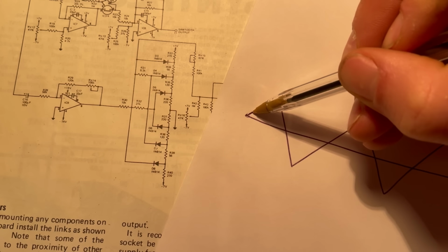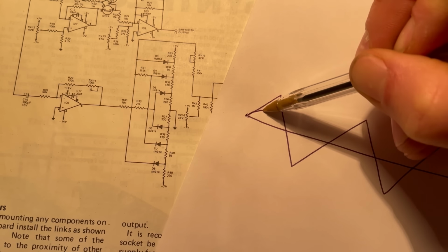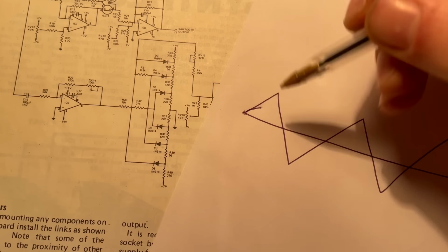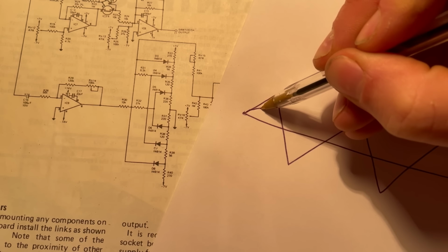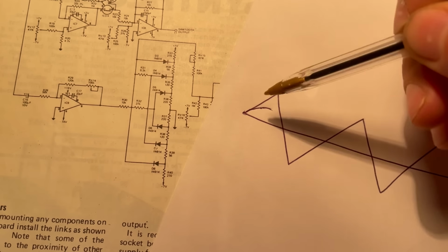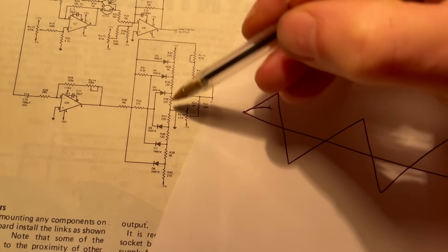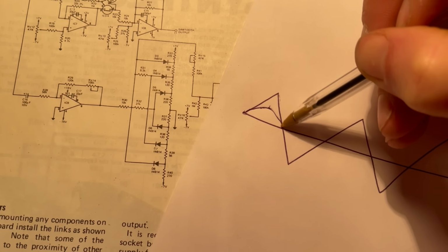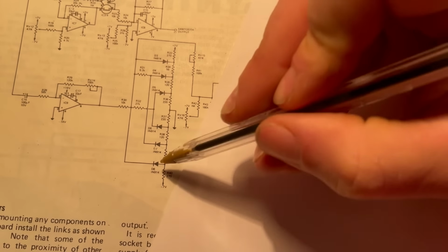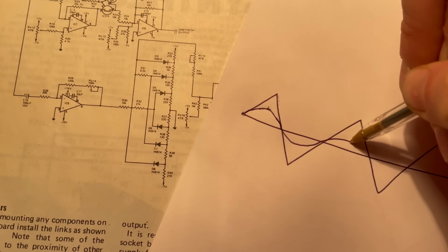So it's going to attenuate the amplitude of the triangle wave, so it's going to look more like that, and then these diodes are going to start conducting and have even more influence, i.e. attenuate the signal even more down to here. Then as the wave starts falling, the reverse process is going to happen to the point where you reach 0 volts and start going to the negative voltages, where these diodes start conducting,